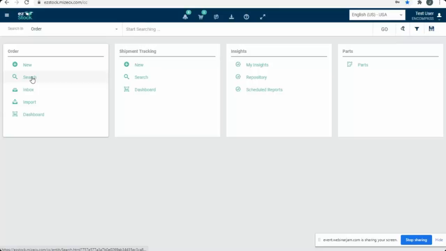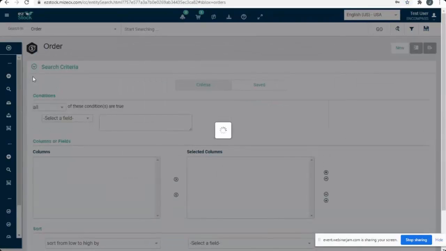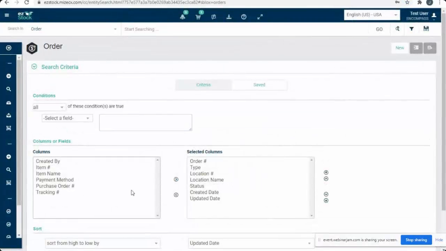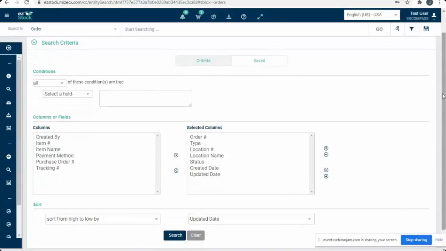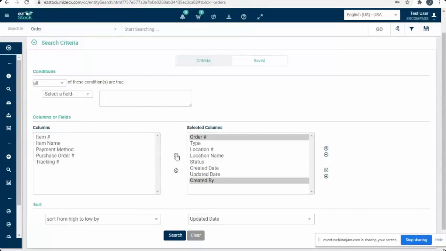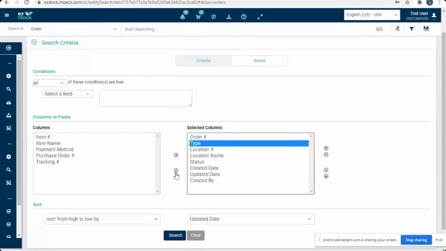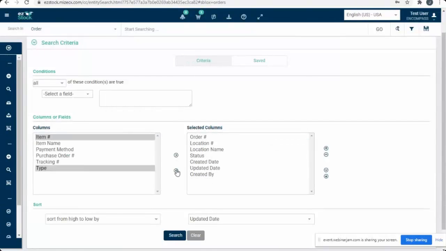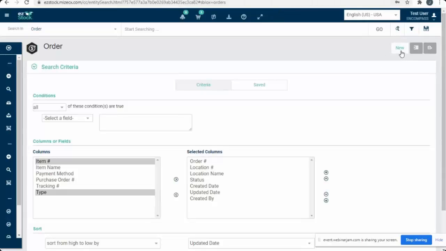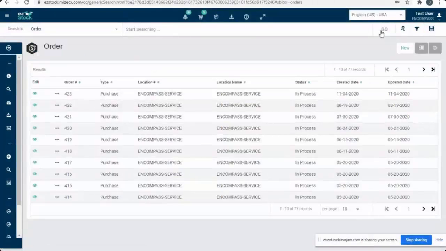I can also search for all of my order activity. You'll notice that there's a number of filters down here. I can also select filters if I'm searching for specific information. So, who created the order, for example. So I can move these filters back and forth. That way I can narrow in on something, especially if I've got a lot of activity. Or again, I can just go in here and hit go, and I can bring up all of my order